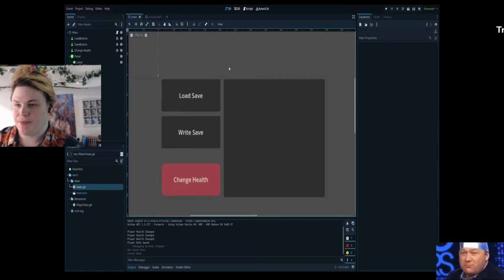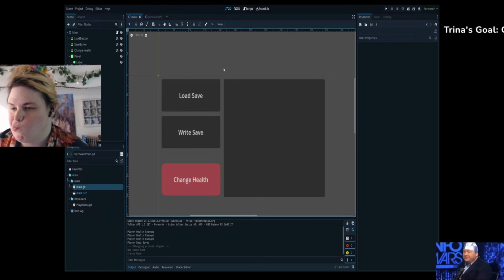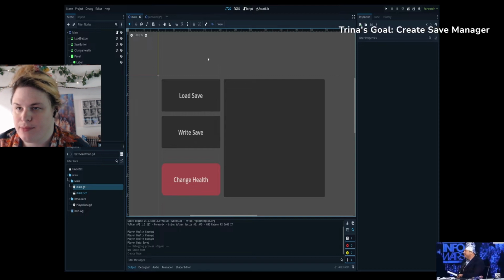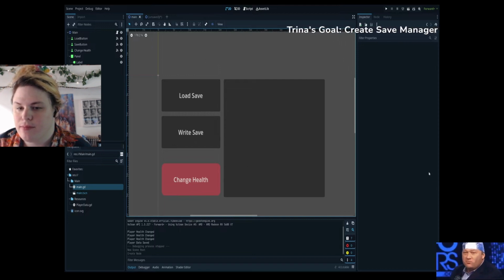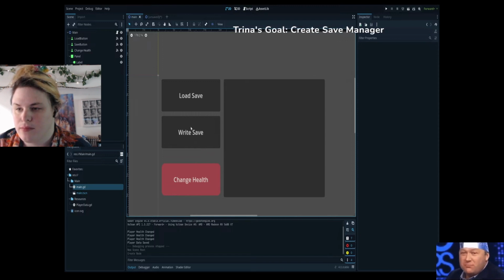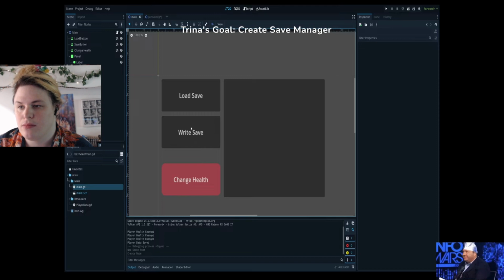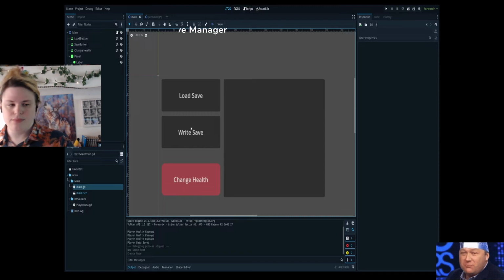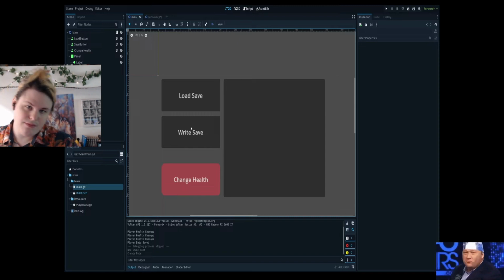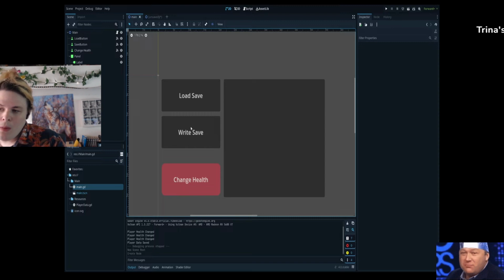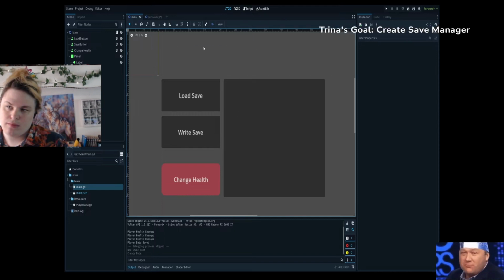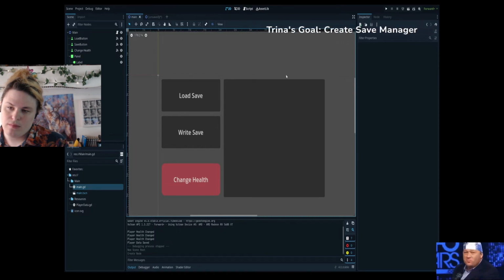We're going to be setting up a system for creating essentially a player save resource that will have all of our game data saved to it, and then we can just save that resource to the disk, load it back up, and have all of our data. I do highly recommend using resources to manage save files. I think I mentioned that in my last tutorial, but if you're deciding between a JSON file or a resource, I would always recommend using the resource file over the JSON file. And this is because it is a lot easier to import into the engine. So instead of importing your entire JSON file as a dictionary and then having to apply values, right, you could